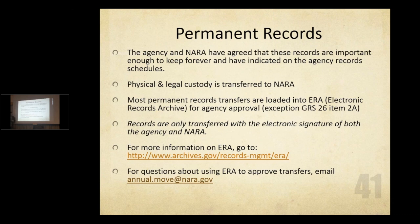For more information on the Electronic Records Archive, you can learn about that on our website, archives.gov/records-management/ERA. And for questions about it, you can email annual.move@nara.gov. The point of contact here at the National Records Center for questions or comments related to the permanent move